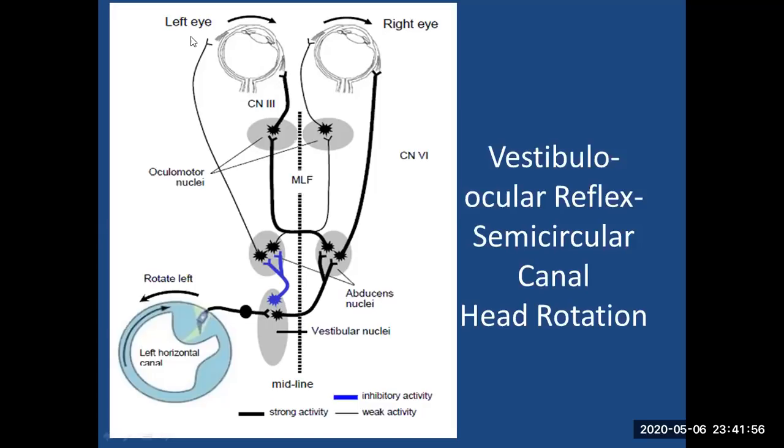If you're looking to the right side, there are two important muscles which have to be stimulated: the right side lateral rectus and the left side medial rectus. We will only focus on this darkened line of light. This is a maximum stimulus. The right lateral rectus, which is innervated by the abducens nerve, receives a strong stimulus from here and it reaches the abducens nuclei. Then it traverses to the opposite side through the vestibular nuclei and reaches the lateral horizontal semicircular canal. So in this regard, to the right turn movement, there is a response which is generated.